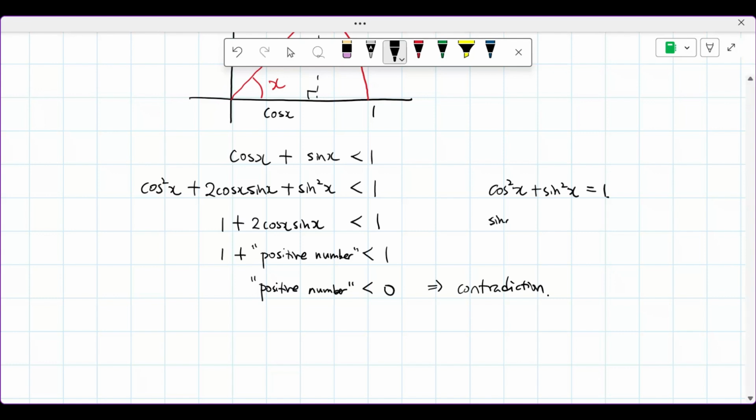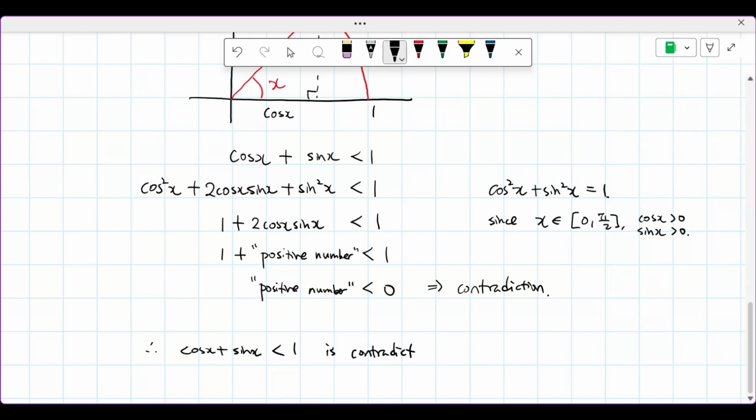Maybe I can say, since x is between 0 and pi over 2, cosine of x is greater than 0, sine of x is greater than 0. So we can say that, therefore, cosine of x plus sine of x is less than 1 is contradicted,